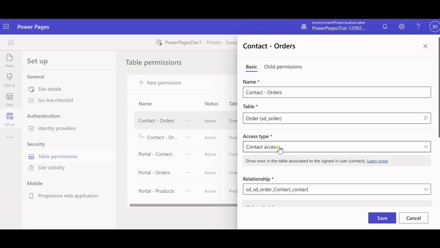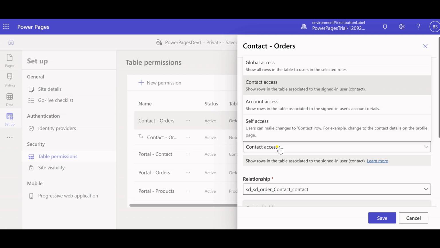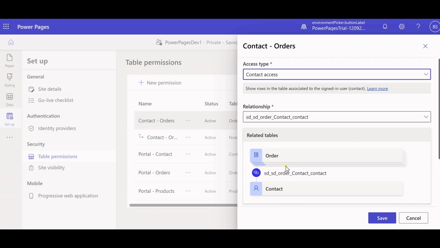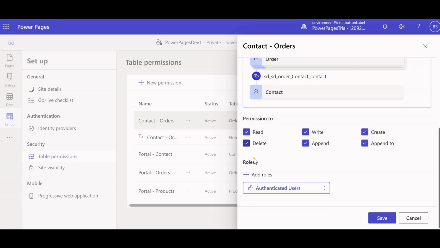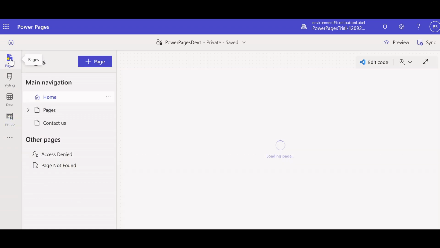In this case, contacts that are connected, they can only do contact access instead of global access. And then for the other more granular, we can do whether they can read, write, delete. The normal permissions, it's got a full granular based system. I'm going to cancel out of this so that we can keep the settings because I want those to stay. And then if we come up here to the pages, I'll go to the top and we'll show you